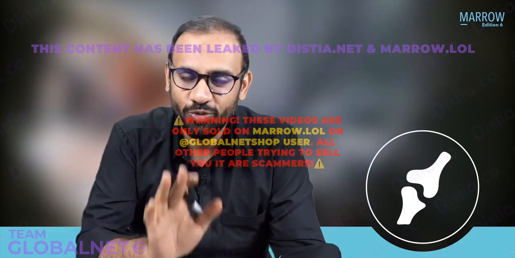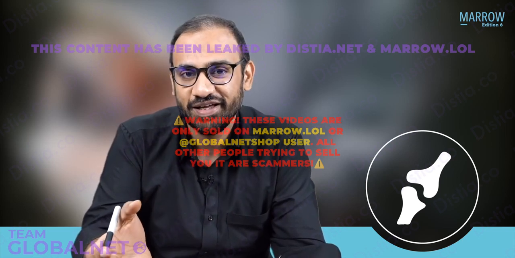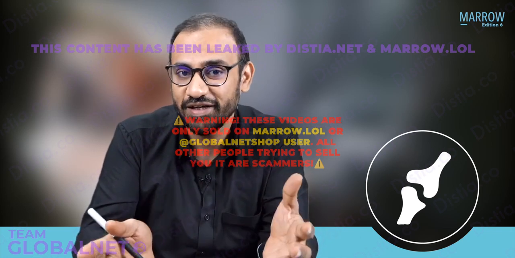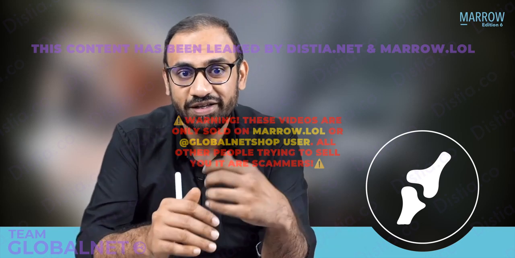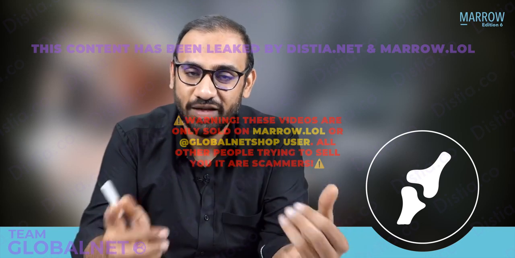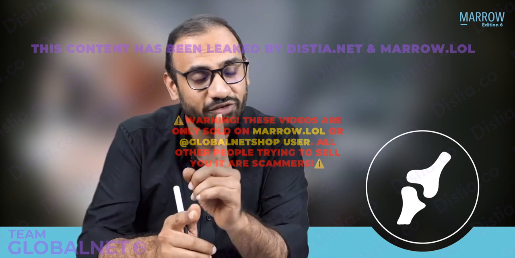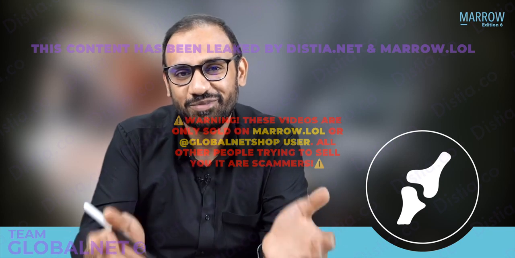Welcome to the module of bone tumors, a topic dreaded by a lot of students and for good reason. The reason is, number one, the names of these tumors sound familiar. For example, osteochondroma, chondrosarcoma, and chondroma, and they are different. Number two, it is said that bone tumors follow only one rule, and that rule is that they do not follow any rule. That is the big problem of bone tumors.